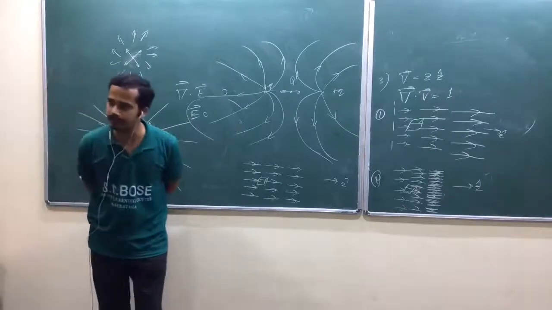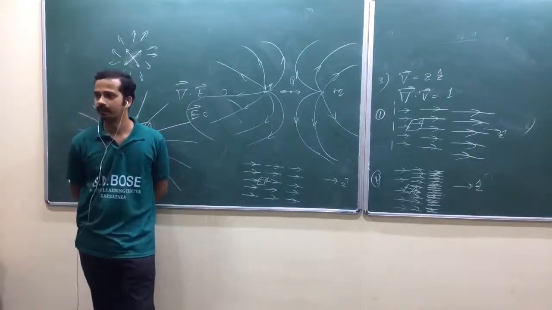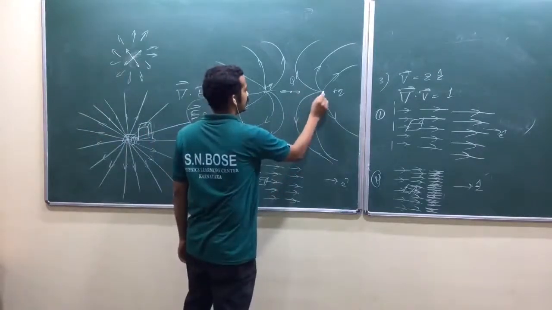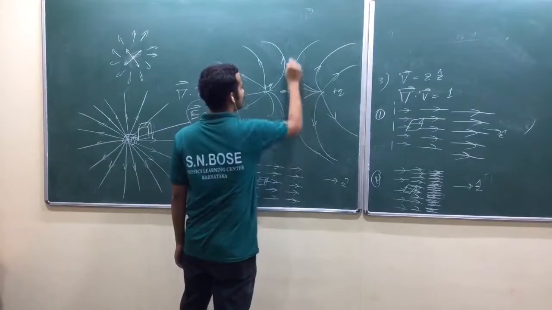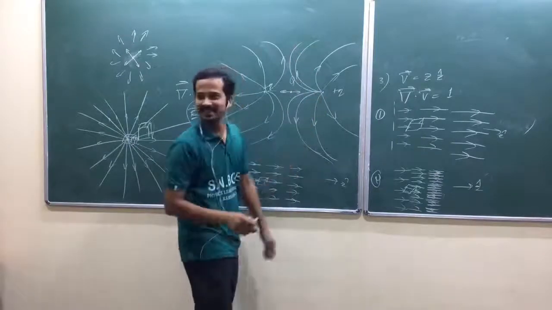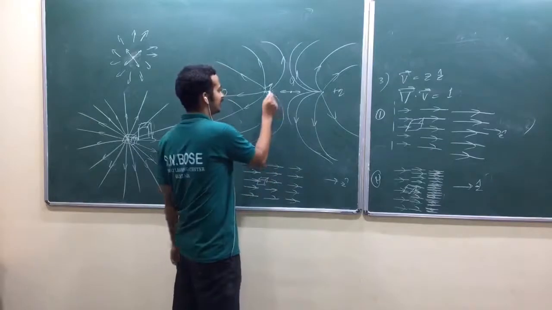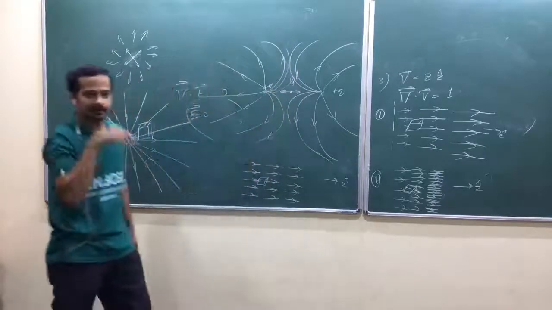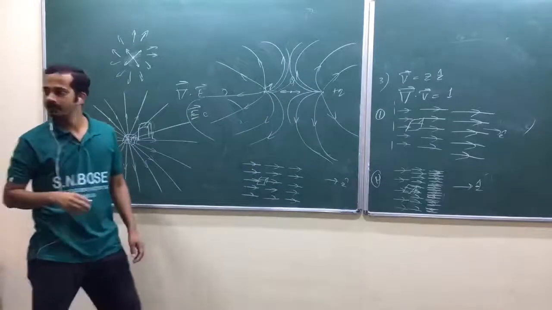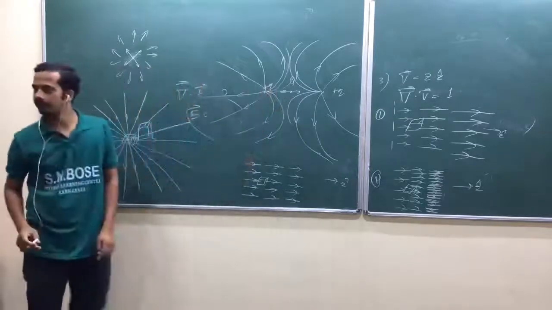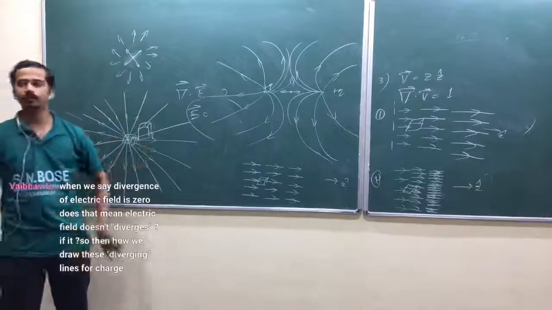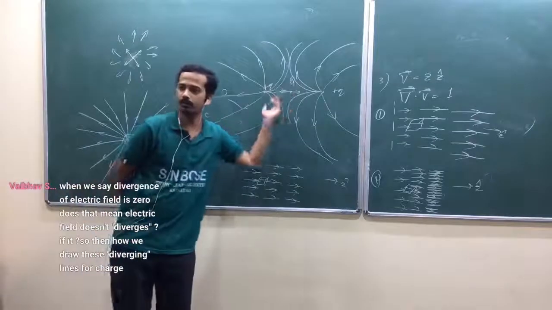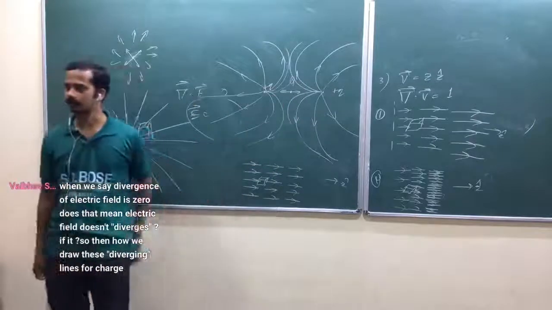Force is 0 only when the electric field is 0. That's correct. But look at here. I can't say the electric field is 0 here because if you are less lazy, you may draw some more field lines here. Isn't it? That's how he says. Or if your pencil is very sharp, I can draw more field lines. But exactly at the middle point, whatever you said is correct, because you can show force on the test charge is 0. Either you take negative, negative, or positive, positive. That's correct.